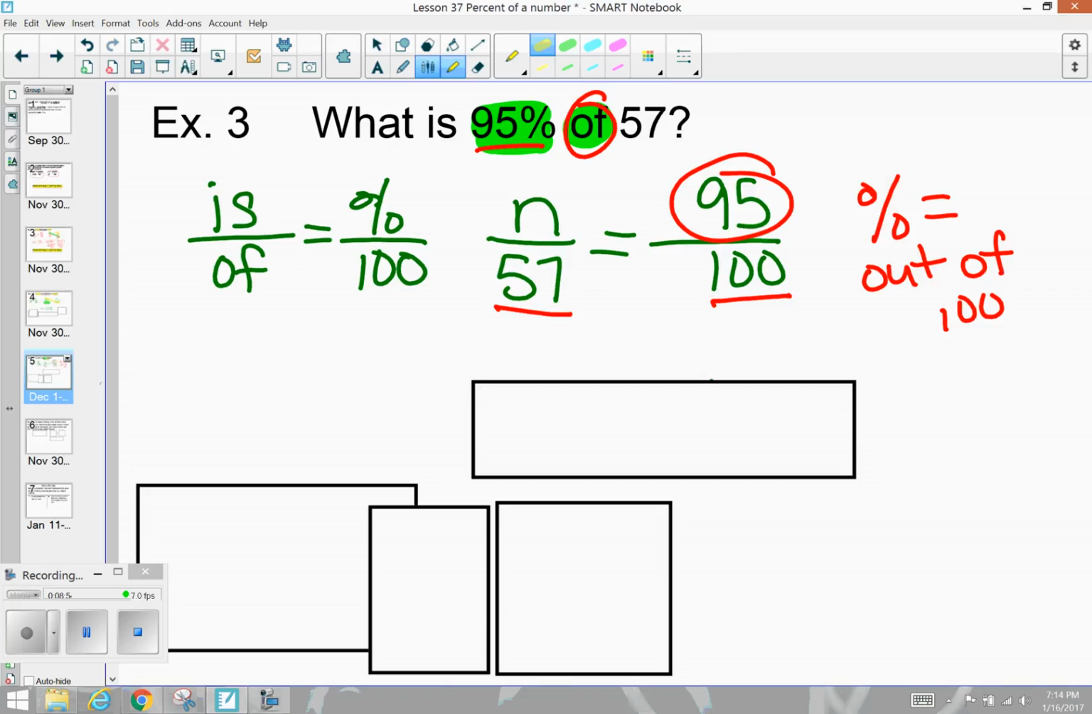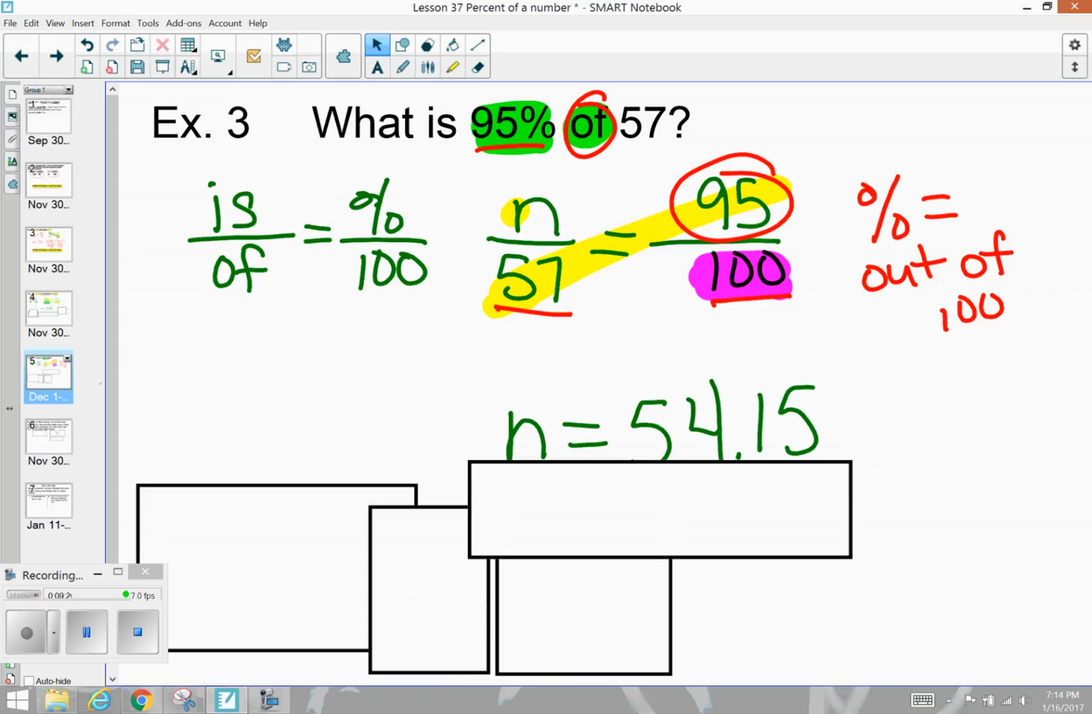That's right. Cross multiply. So are we going to multiply starting from the n? No, because we don't want to multiply where our variable is. So we're going to multiply the opposite way, this direction. Excellent. Go ahead and multiply those two numbers. You did that? Excellent. What are you going to do now? That's right, divide by 100. So let's see, on your calculator, you should have done that. And then n is equal to